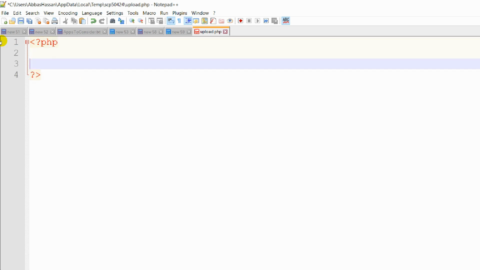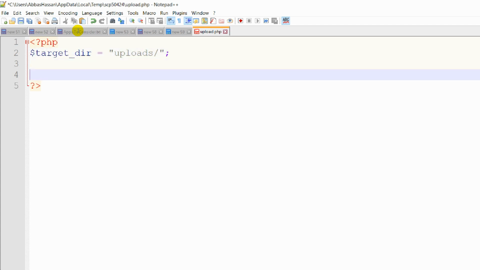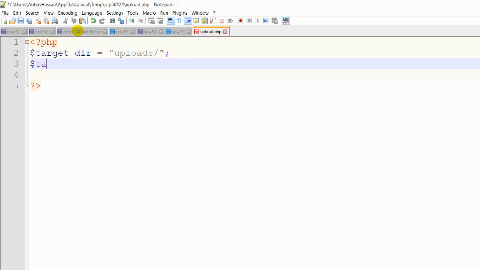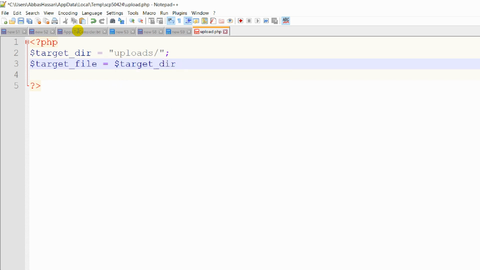Here I will write the PHP code that will be handling the uploaded file. First, I define the target directory where the image has to be uploaded. Uploads, then the target file name, that will be the final name of my uploaded image. Target dir, then